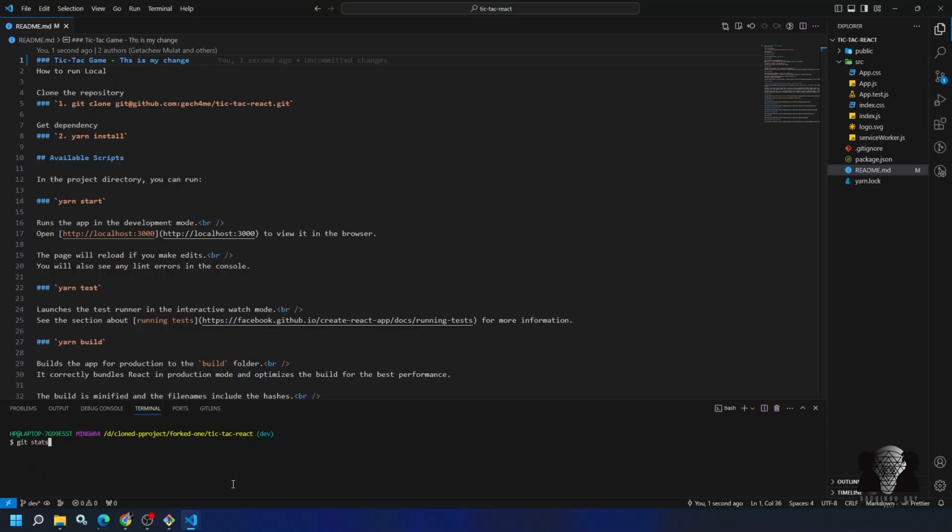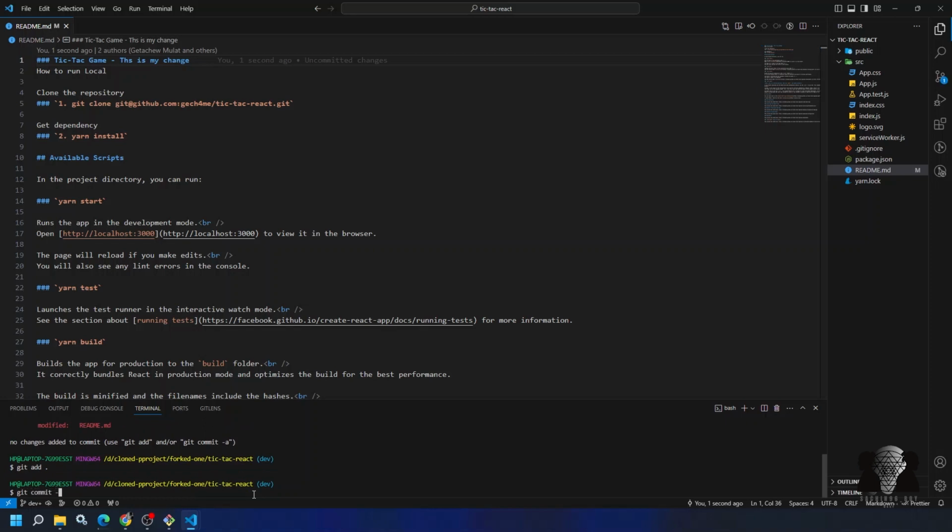So I did that, and let's see our git status command, and I can see that there are some untracked changes, and let's add that. You can use git add dot command and git commit -m, and let's say update, Readme updated. Yes, I'm going to add a commit message, and then